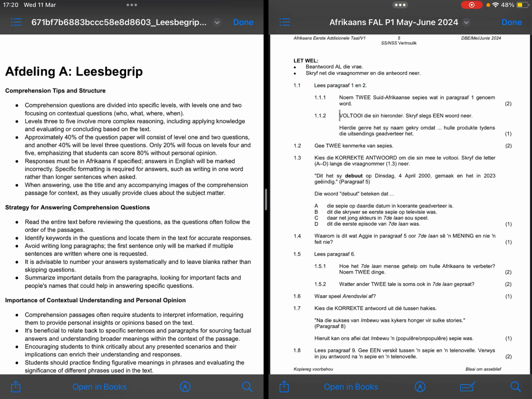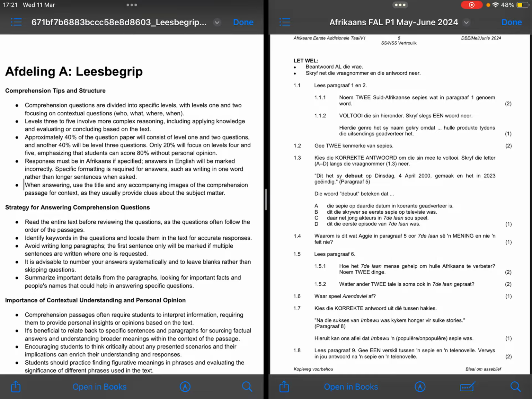And then the next tip we have is approximately 40% of the question paper will consist of level 1 and 2 questions, and another 40% will be level 3 questions. So only 20% will focus on levels 4 and 5, emphasizing that students can score 80% without personal opinion. Meaning if you really struggle with your Afrikaans vocab, you can still get by even with just the lower functioning questions. So obviously your responses have to be in Afrikaans, and